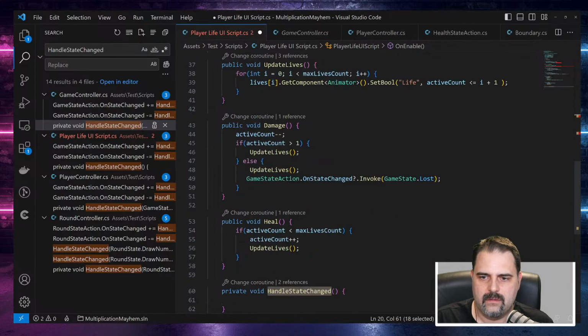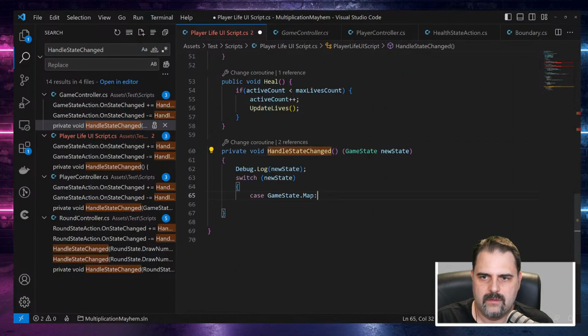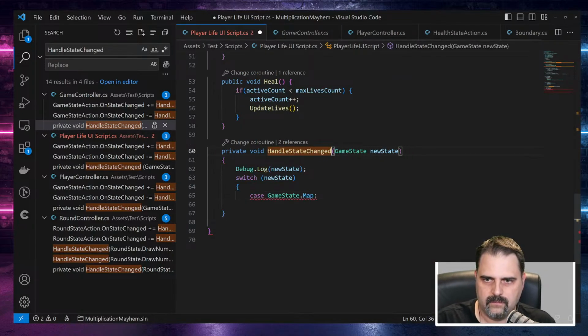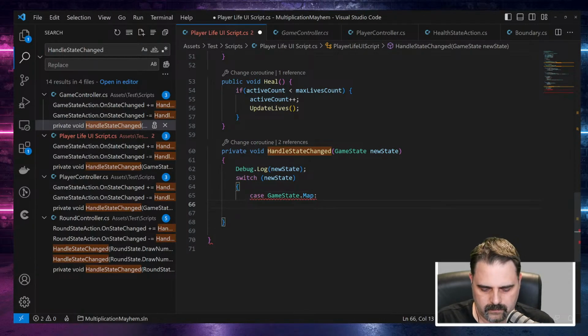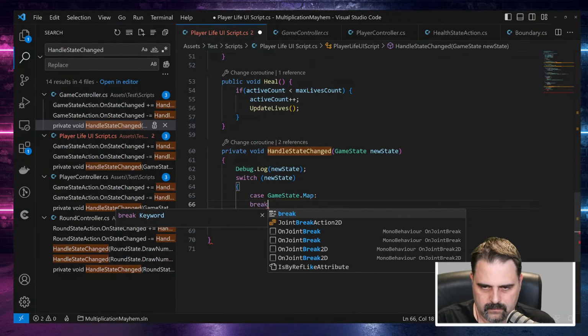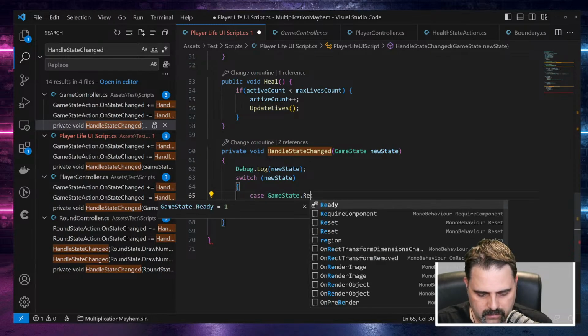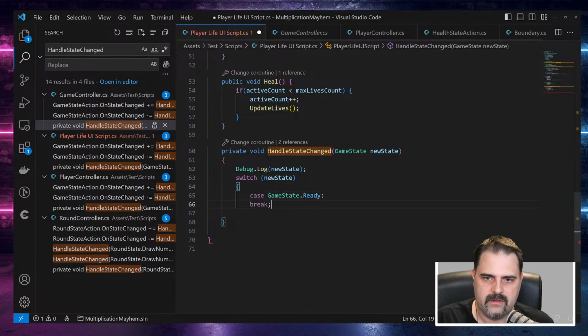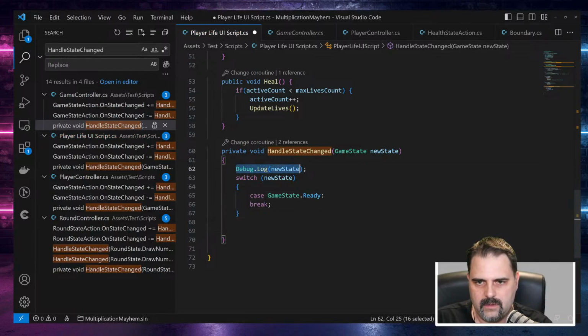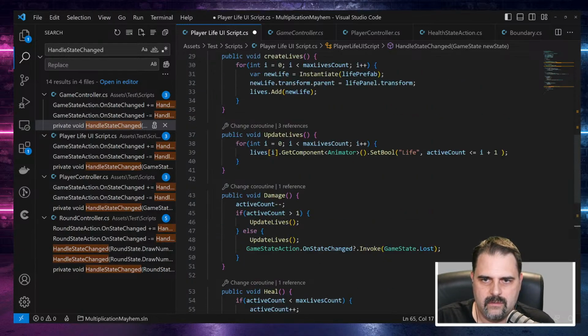Okay. Okay, so, not in case, ready. Yes, there is a ready state. I don't need to debug that. So it is. Then I would like to create the